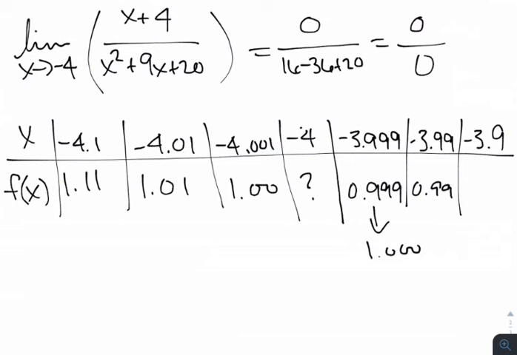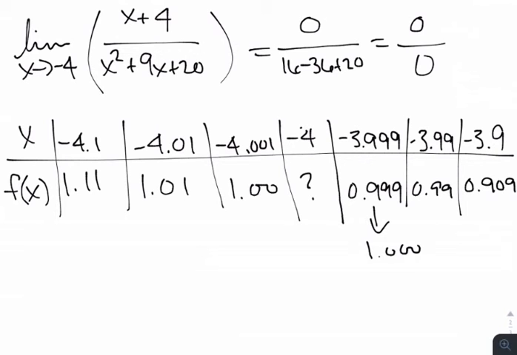And then you do it once more, negative 3.9 plus 4, that comes out to 0.1, and you divide that by negative 3.9 squared plus 9 times negative 3.9 plus 20, that comes out to